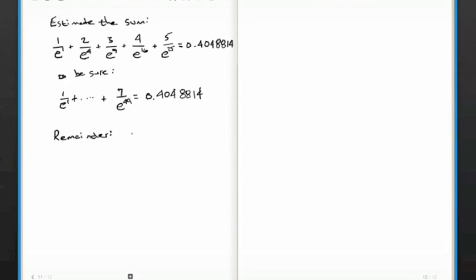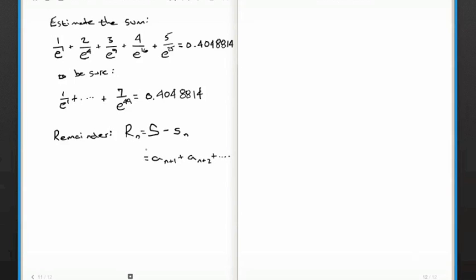And I'm going to say that the remainder sub n is my actual sum, and I don't know my actual sum yet, because I only went up to the 5th term, minus whatever my partial sum is. And that's my remainder. That will equal a sub n plus 1 plus a sub n plus 2 plus dot dot dot, right? So whatever I came up with, which is only up to 5 or up to 7, whatever's left